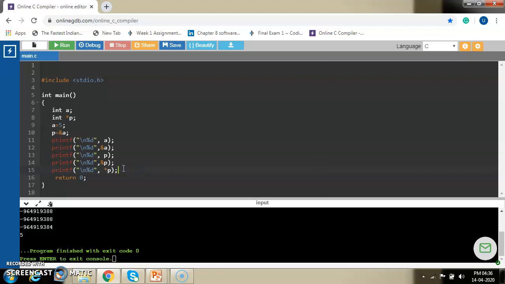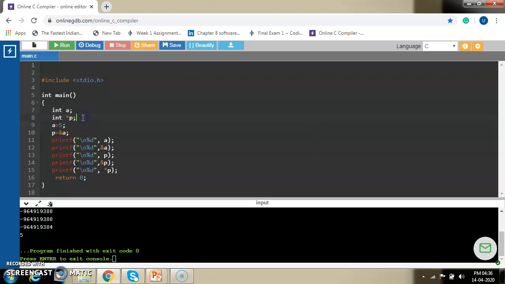So this is a very simple program to understand the pointer. That pointer is a variable that stores the address of another variable. So if you want to create a pointer, before that you have to create one variable, the address of which you are interested to store in the pointer. Okay, so pointer, and the important thing is integer.